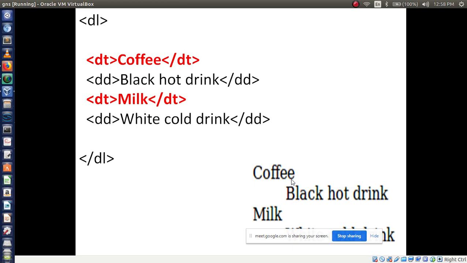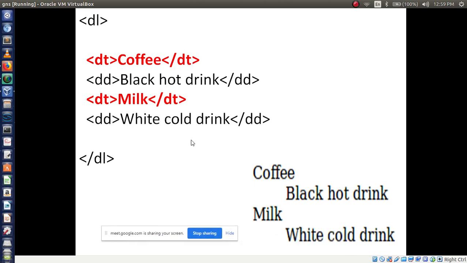Then the description means the data definition, whatever information we need to write, that we have to write in the data definition tag. Then one more point I am displaying here, milk. So this milk represents the data term, then the data definition white cold drink, then close the DL. So it is called a data definition list.